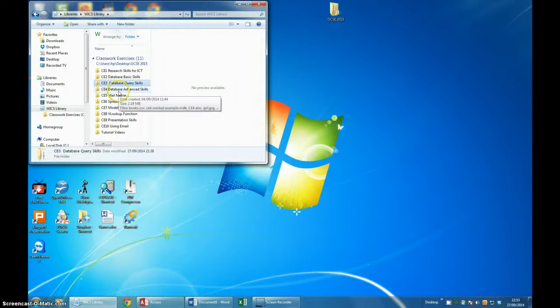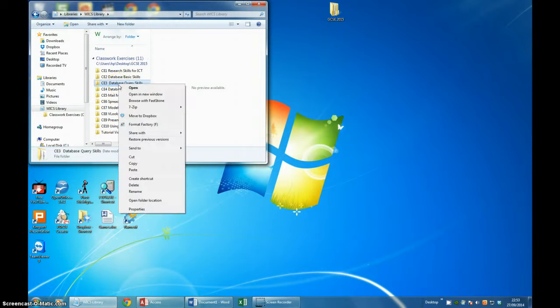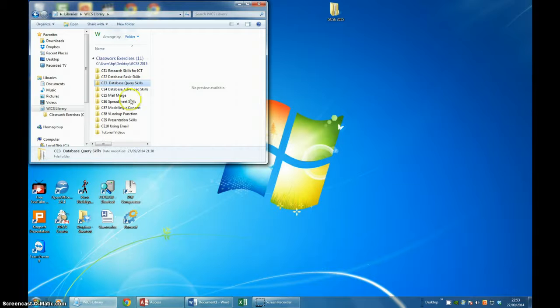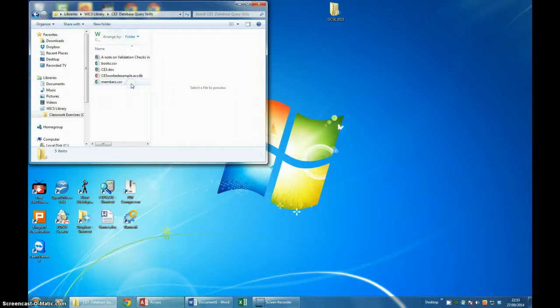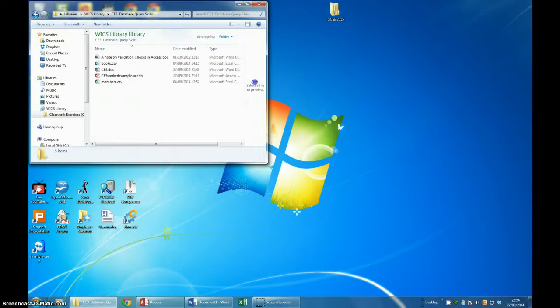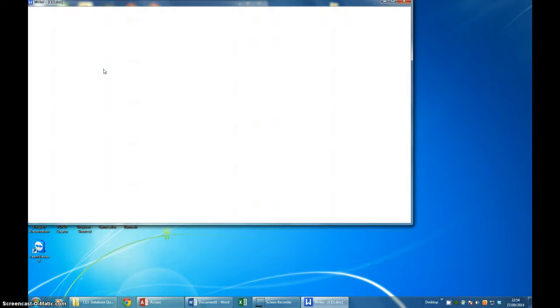Okay, we're going to start Classwork Exercise 3. You need to right click, copy this folder and paste it into your home directory, so you've got a copy of all these files. After you've copied it in home directory, you can open the folder and you'll notice it contains these files, including the task suite CE3.doc, which you can open, and you should be able to see in